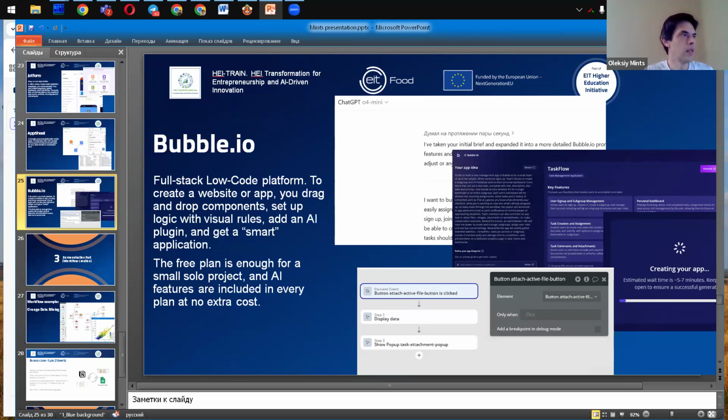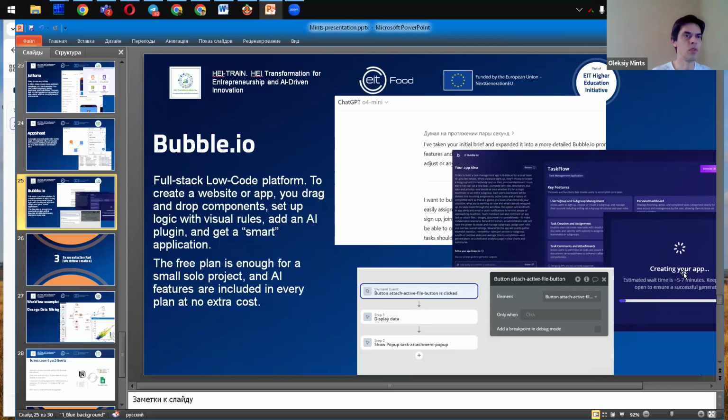On this slide, you may see how to use Bubble.io to create a simple task management system. I use ChatGPT for creating a prompt.